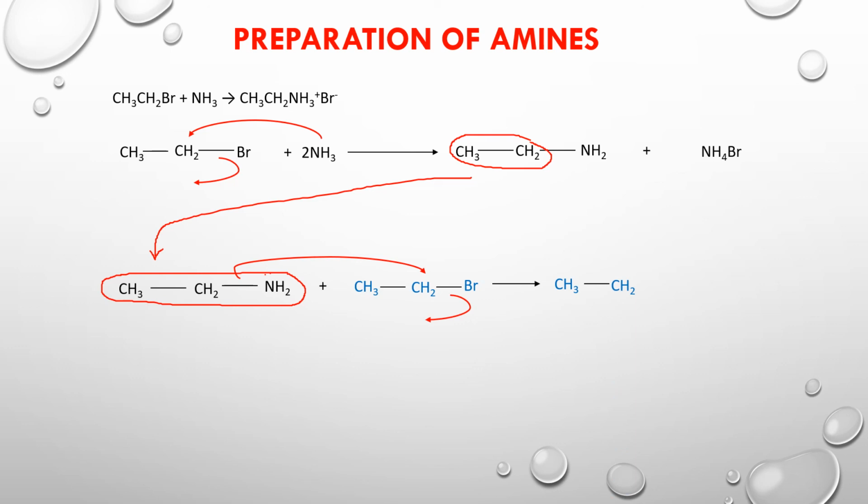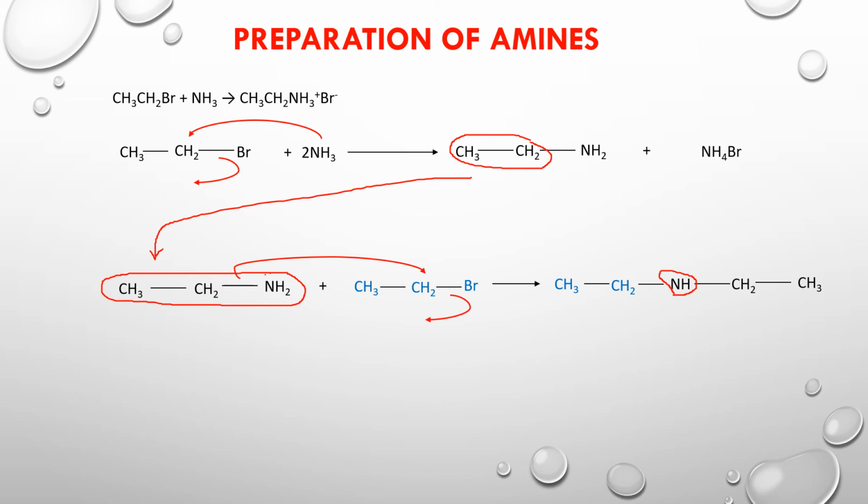Now because the Br is removed, in place of that is going to come the nitrogen. That nitrogen group is going to come and attach itself. And you can see this time it is not NH2 but NH only. Okay, because nitrogen has 3 bonds. So one with hydrogen, one with the carbon here, and the third one will be the group it is going to bring along with it. So that's the CH2 group and the CH3 group.